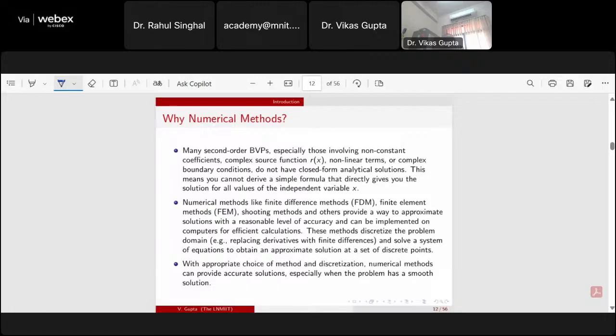So in that case, we don't have any choice other than to solve those boundary value problems with numerical